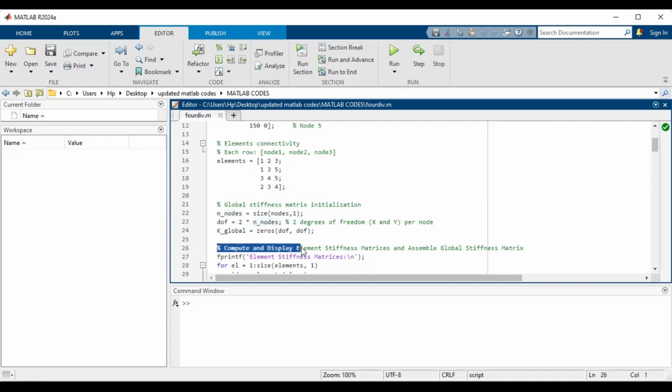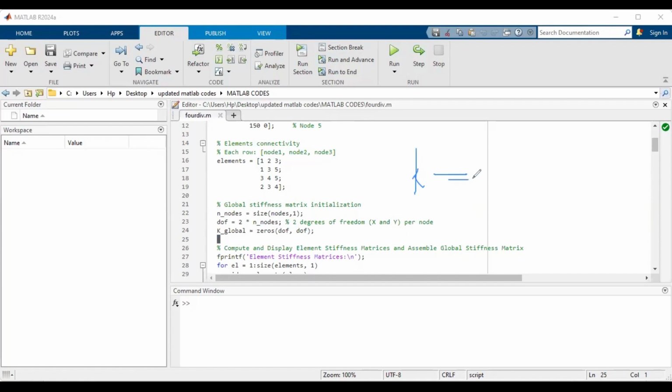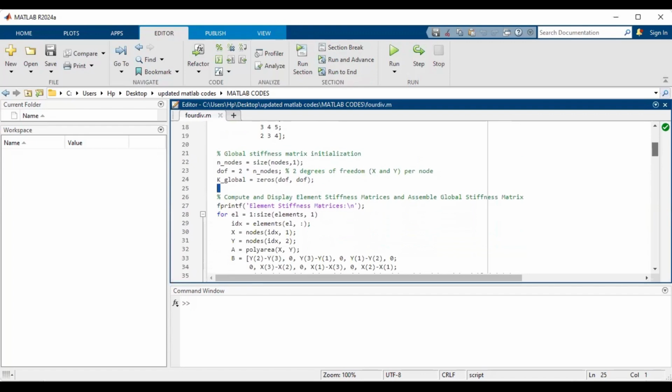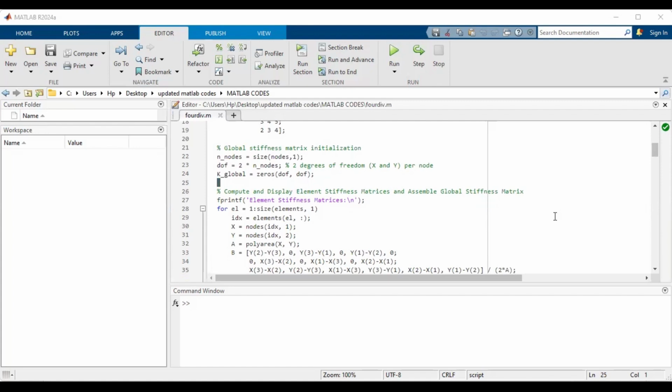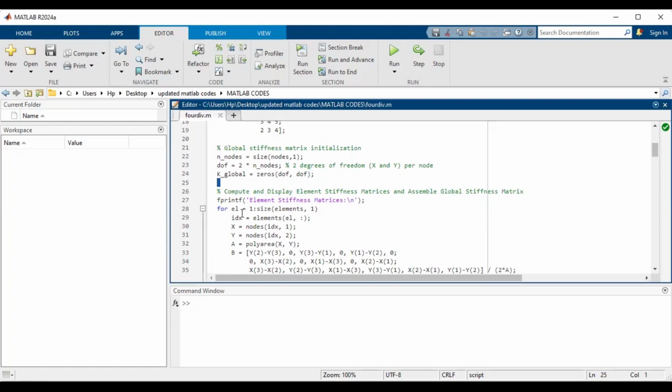So now you're computing your elemental stiffness, because you need your elemental stiffness to assemble your global stiffness. You must remember, there is a relationship between that. When you have your K, which is going to be the summation of your elemental stiffnesses. Pardon my writing. So when you define that, then you go straight into defining those elements. So mind you, you've defined your nodes, you've defined your elements, and now you want to go straight into defining your stiffnesses, isn't it? Yeah. So this code is going to compute and display the element stiffness matrix and assemble